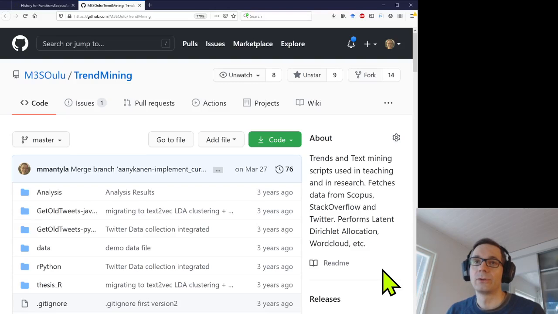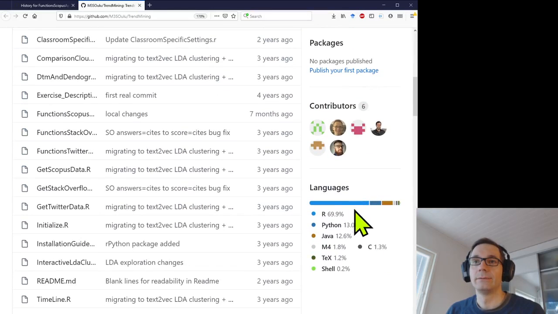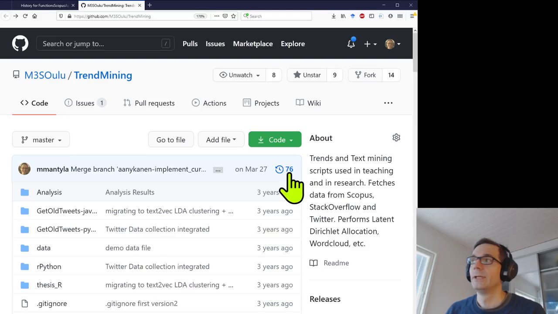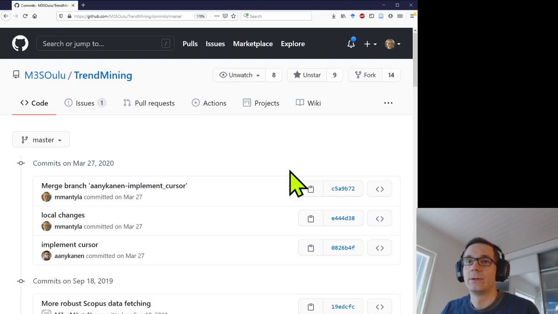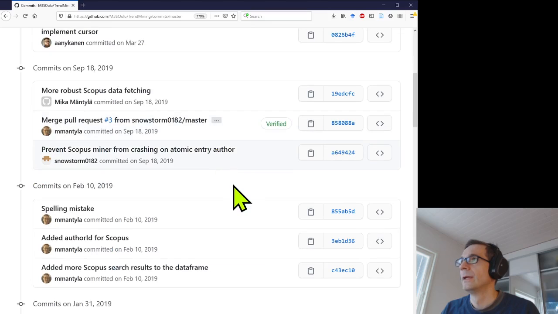So here is a software project that is under version control in Git, hosted by GitHub. It consists of several files, and there are 6 different contributors that have committed source code to this project. From here we can see that 76 commits have been made to this project. If we go inside of these 76 commits, we can see all of them by clicking here. And here is the place where we can see the merges with the pull request. For example, here